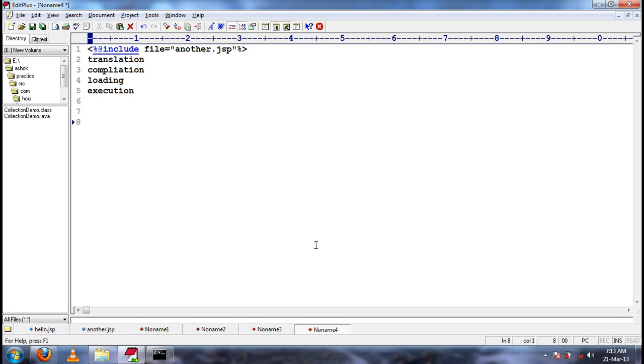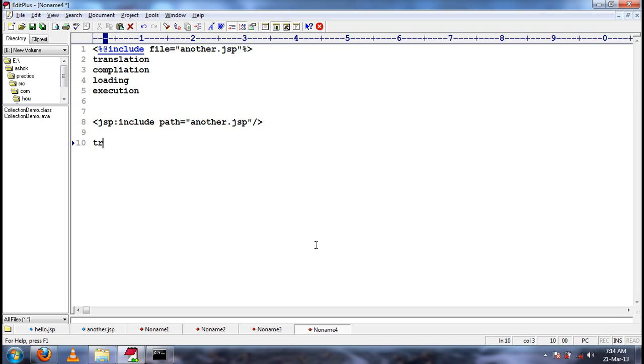But if we make use of action include, the include action tag, then what happens is, in the translation phase, there will be two entities, both another.jsp as well as hello.jsp, translated as different entities.